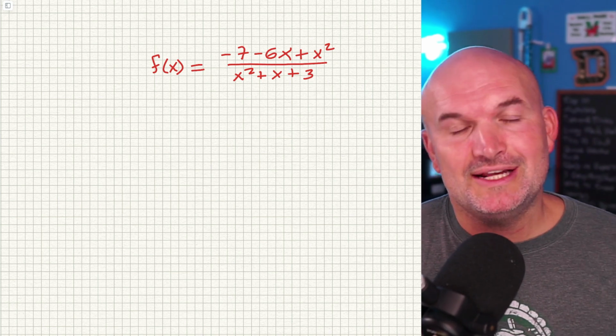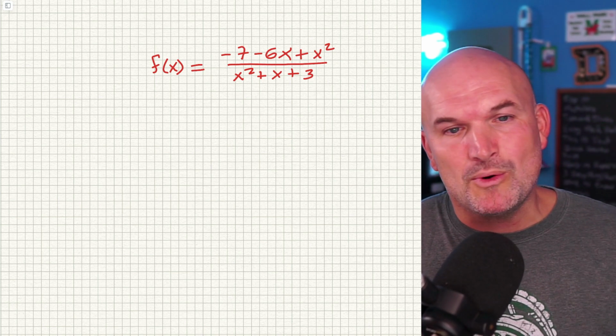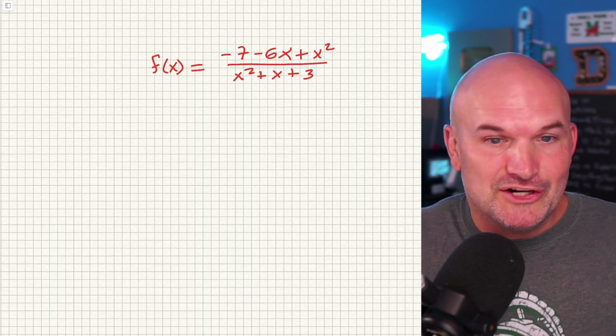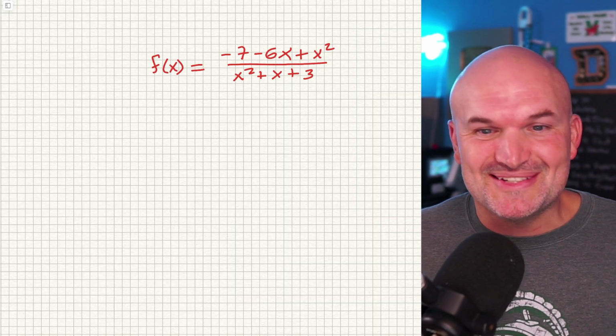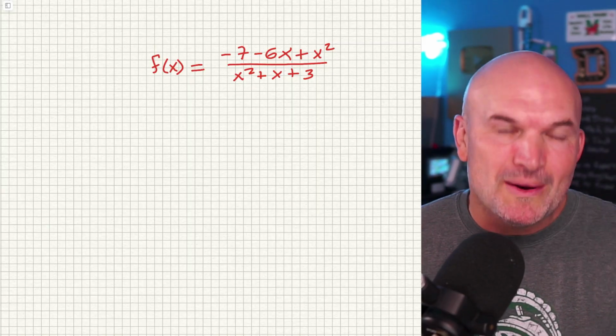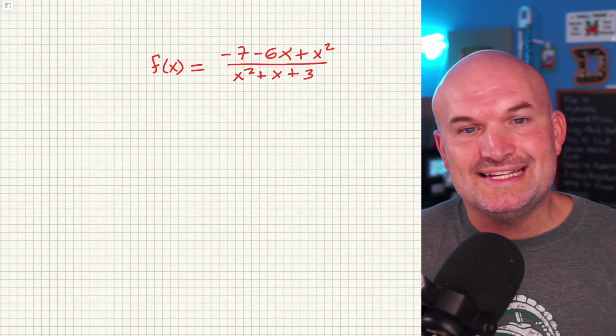Let's go and find the x and the y-intercepts of this rational function fast. Now, ladies and gentlemen, there is nothing I hate more as a teacher than when I show students how to do something and give them an understanding of why we're doing it, and they forget the understanding and apply it incorrectly on their test or homework. So as a teacher, I have to do my duty to explain why this is going to work